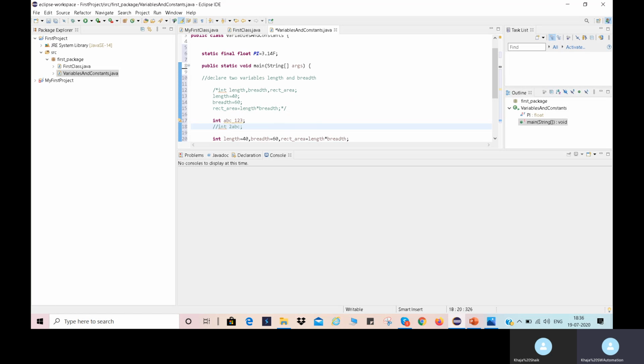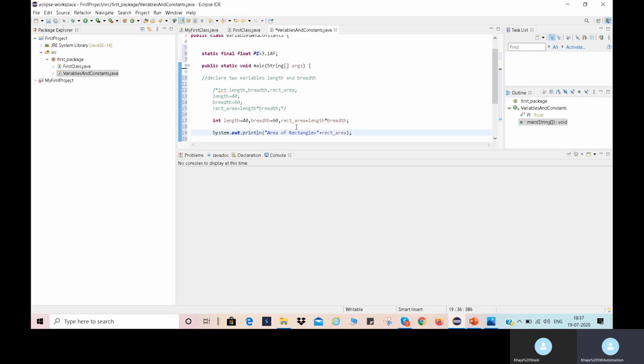Let us suppose I am taking one more variable, int static, semicolon. This static is a keyword, right? See, it is showing an error, because static is a keyword, we cannot use a keyword. Like this, here we can identify the valid and invalid variables also.